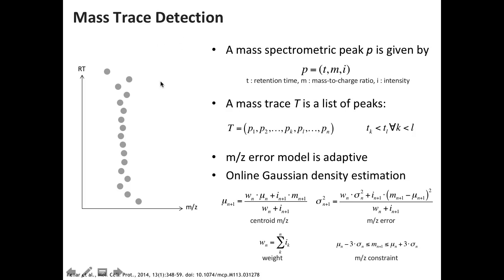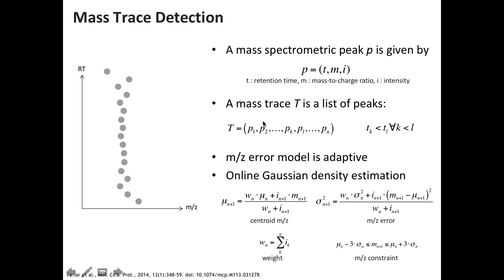So what we actually do is we start with an estimate of the error that can just come from the instrument. You ask your experimental guy who runs the mass spec, what's your mass error on that instrument? He'll tell you, don't know, 1 ppm. And that's a good enough estimate to get started with. But actually, in this local region where we're looking, this mass error is much, much lower than that. And we will make use of that to assemble these mass traces.